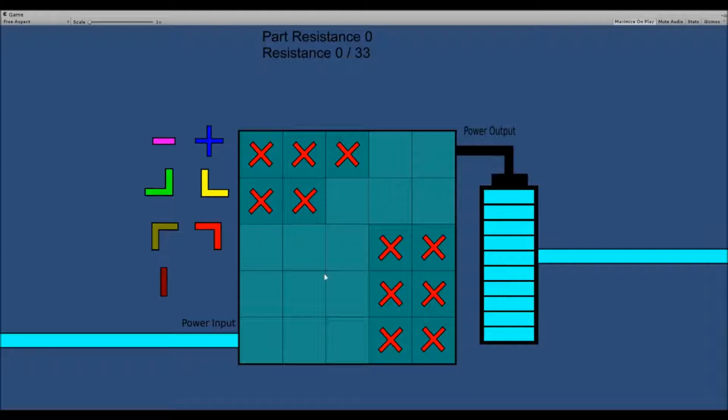Now, for the sake of the game, I significantly increased the battery timer so that it won't go out before I can explain some things here. So first things first, part resistance. It says 0 right now. So what this is, we have our parts over here. There's 7 parts. If we click a part